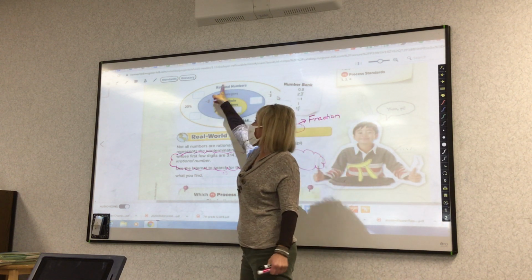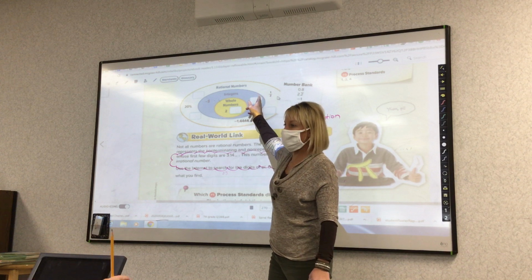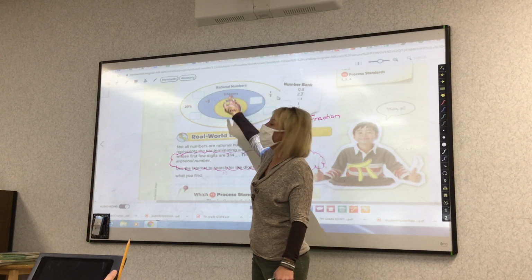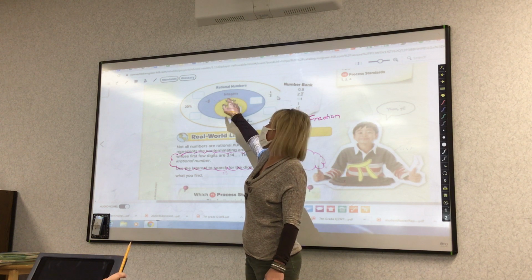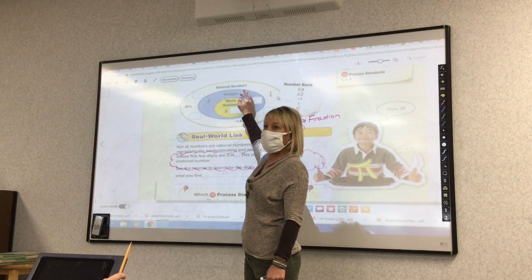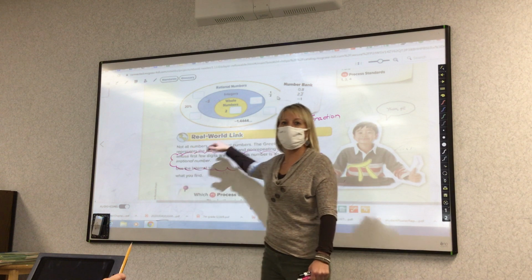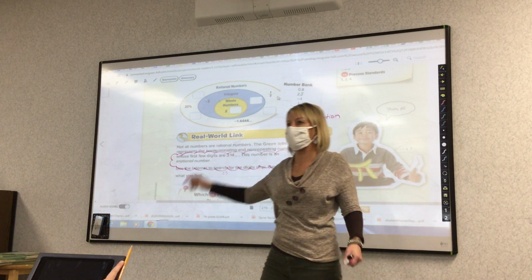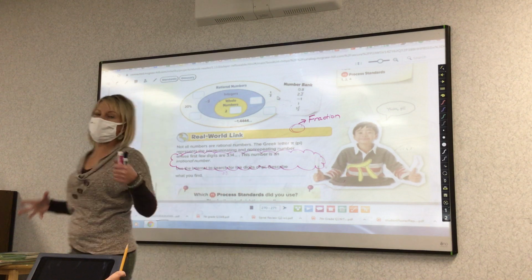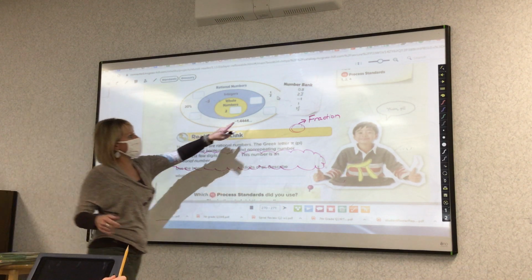So then on the outer edge are rational numbers. So if it's a whole number, it's also an integer. If it's an integer, it's also a rational number. But rational numbers aren't always what's on the inside. You have to remember that when you're reading that Venn diagram. So if I have this number bank, 8/10,